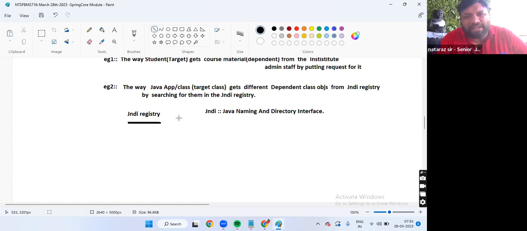A lot of other applications also can use those services by accessing the object reference. So indirectly, the Java objects that are related to distributed applications are recommended to be placed in the JNDI registry.